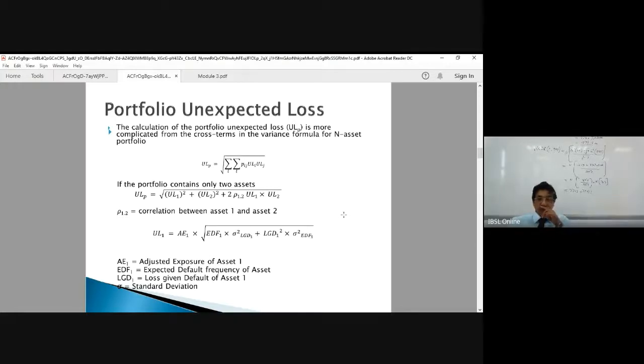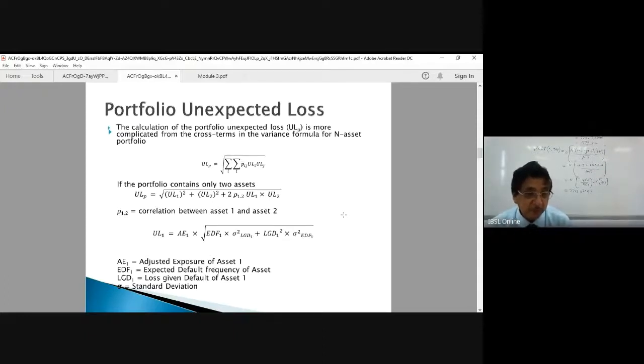Now, this is a little difficult task, but if the assumptions are not realistic, then there's no other way. We have to go through this method to calculate the unexpected loss of a particular portfolio. So it's not an easy one. It's a little difficult one, and we need to have some parameters also identified. Now just look at this